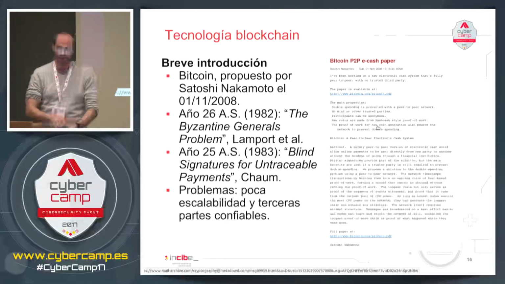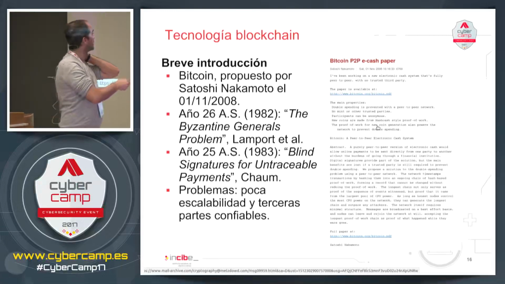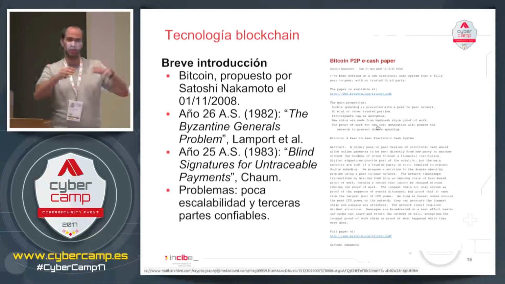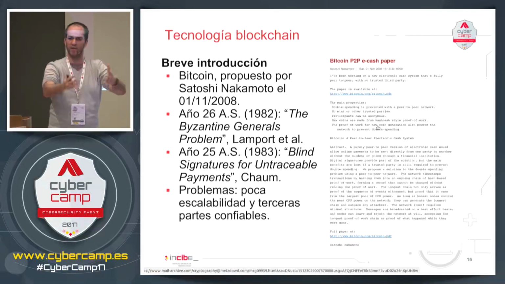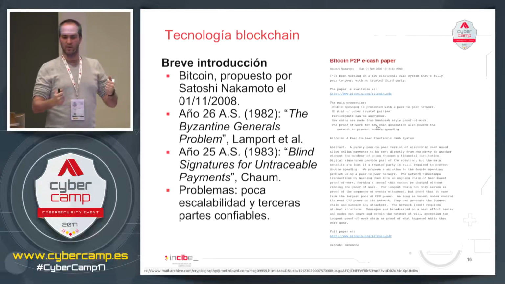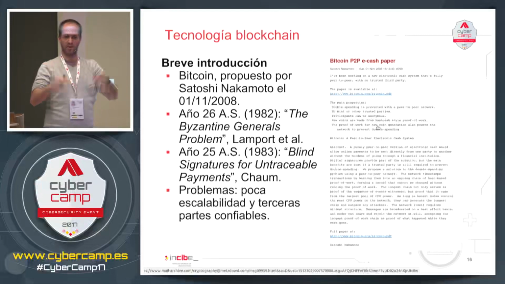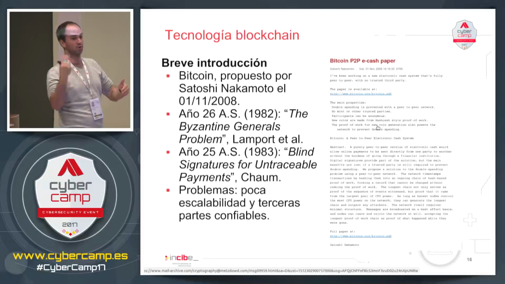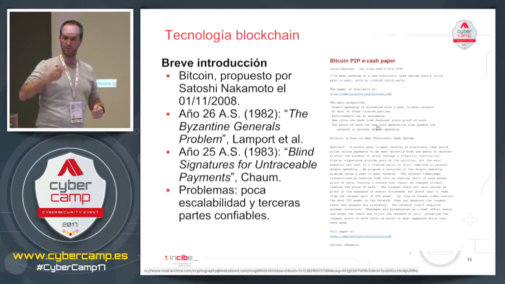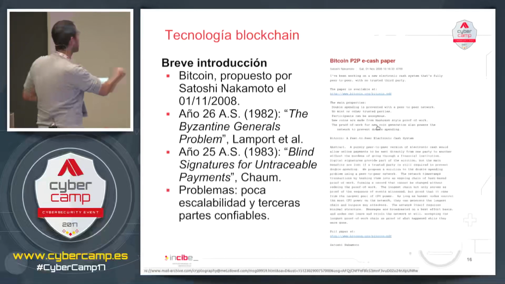One of the first articles related to this was published in 1982, 26 years before Satoshi, by Leslie Lamport et al. The Byzantine generals problem. What is that? 3 generals are besieging or attacking a city. These generals have to agree: are we attacking tomorrow or not? One is on the east, west, and south. These are the 3 generals. They can send messages: do we attack at 7 in the morning, or do we attack or not? But these messages can be intercepted, and the enemy can change the message. They had to decide if we attack or if we go away.